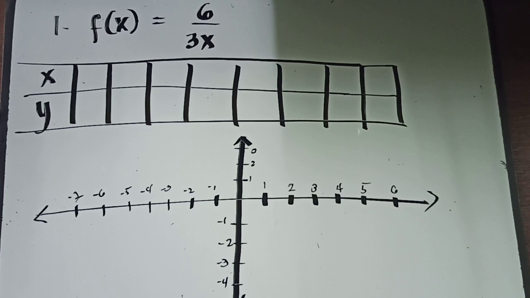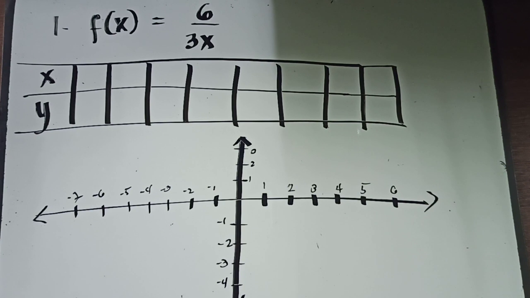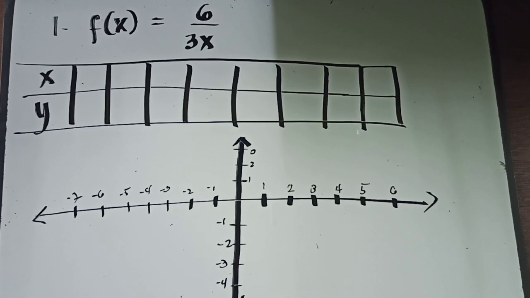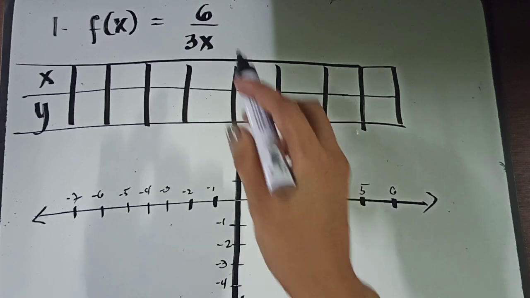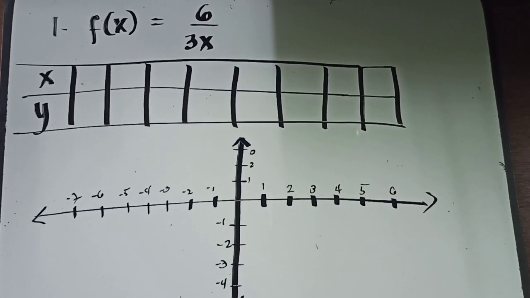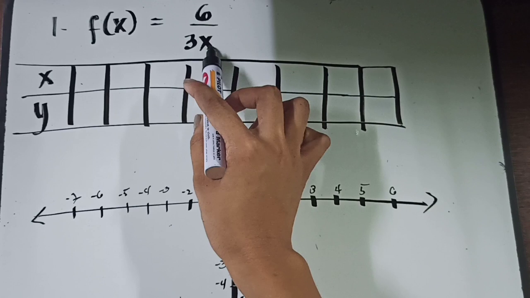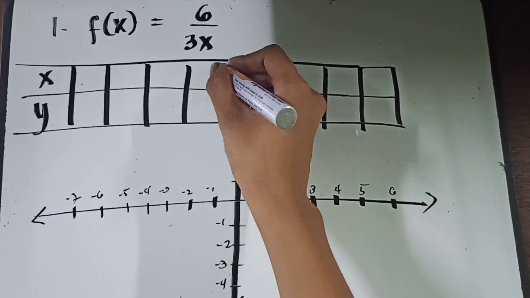So ano ba yung dapat na nilalagay ko sa values ni x? Okay, so check natin ano ba yung restriction. So again, pagdating po dito sa fractions, ang denominator should not be equal to 0. And that is your restriction already. Okay? The denominator should not be equal to 0. So, kailan ba magiging 0 itong 6 over 3x? Kailan ba magiging 0 itong denominator na to? Kapag ang value ng x ko ay 0,